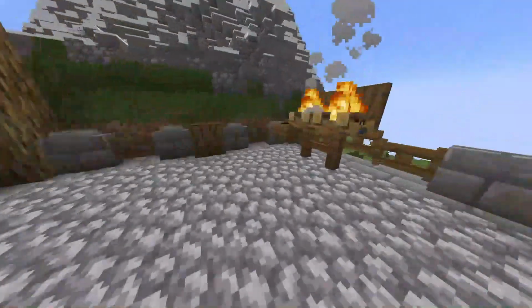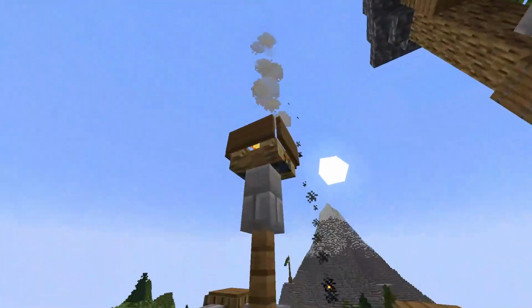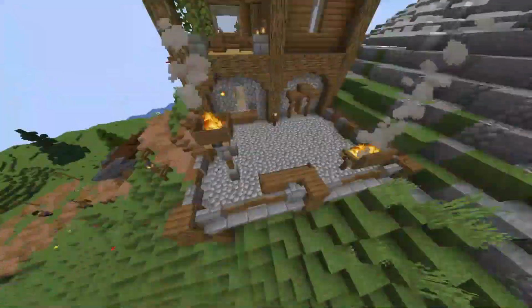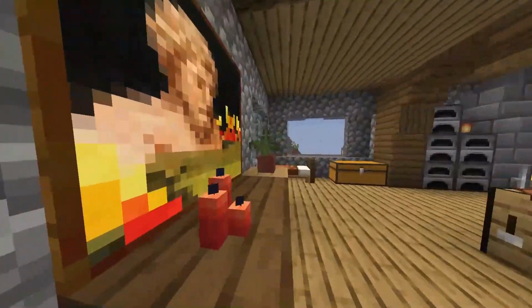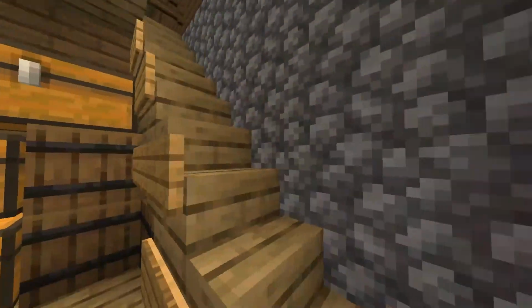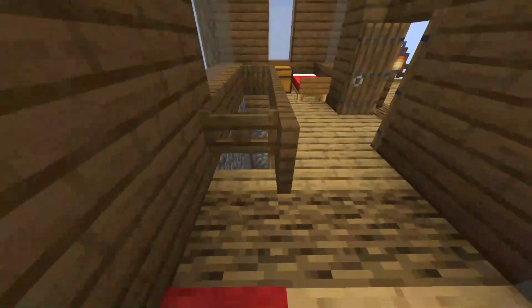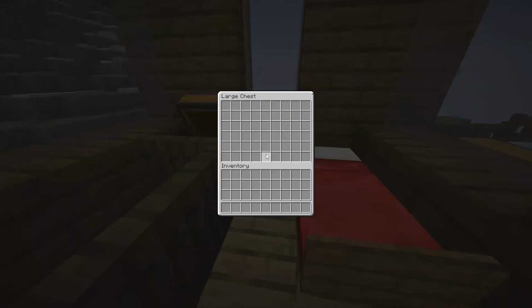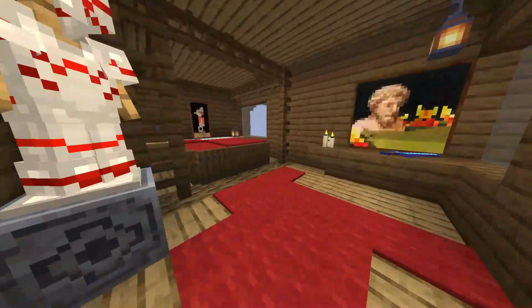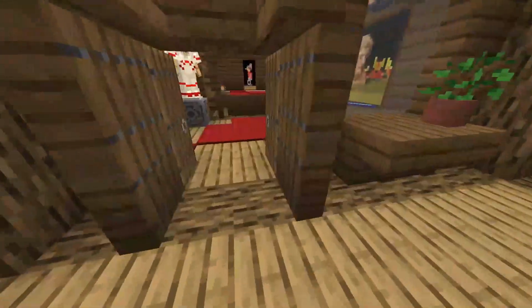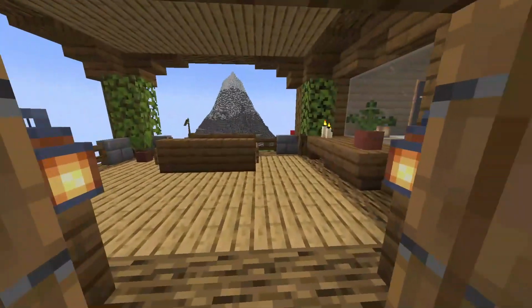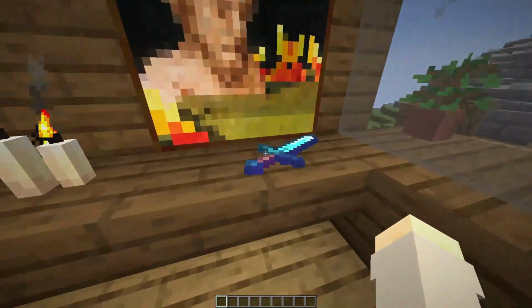We go up here, got a nice little barbecue, nice little lantern, torch thing, light. Our couch here, storage. Go upstairs. Have a bed here, chest. Got another bed here, armor stand. This deck over here, balcony over here.